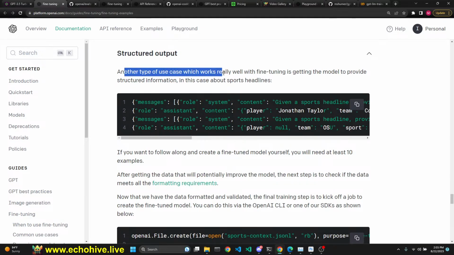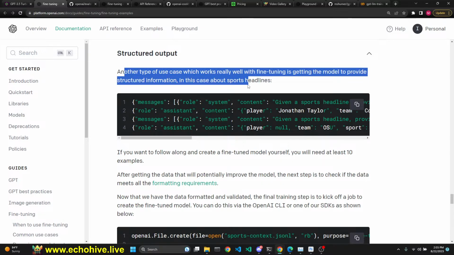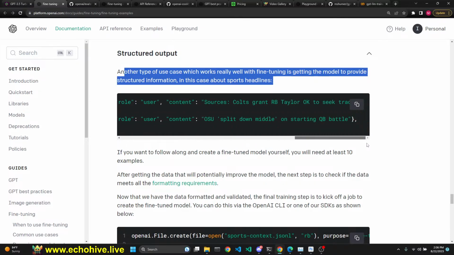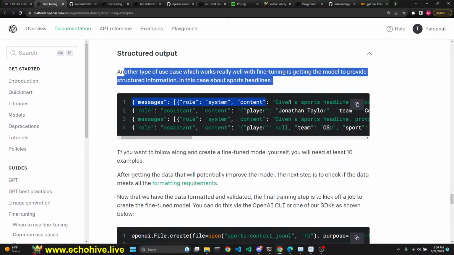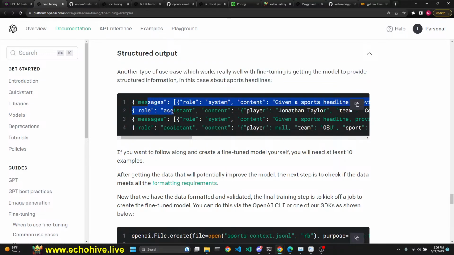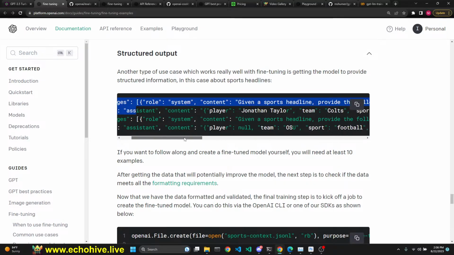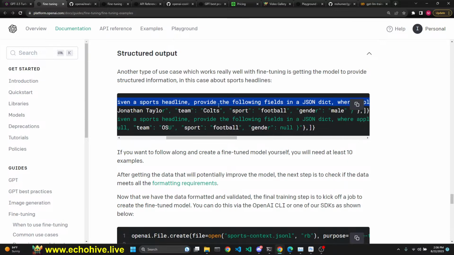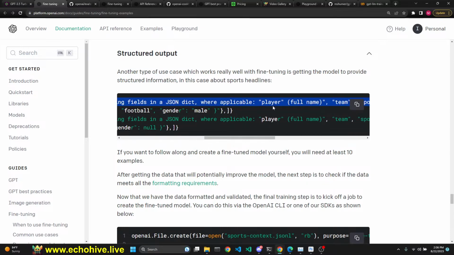Another type of use case which works really well with fine-tuning is getting the model to provide structured information, in this case about sports headlines. Let's take a look at how they've done it. They have two examples here. Role is system. The prompt is: given a sports headline, provide the following fields in a JSON dictionary, where applicable: player,